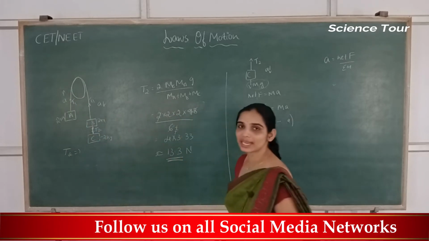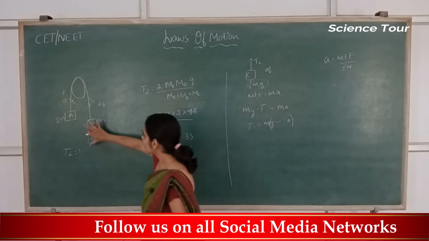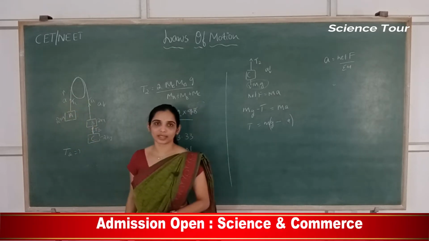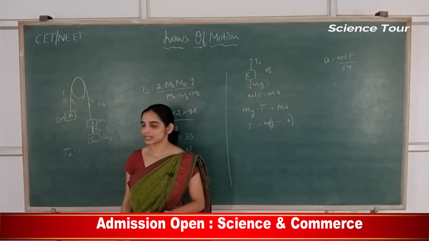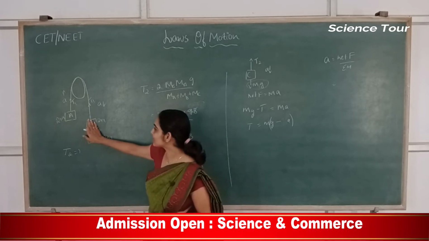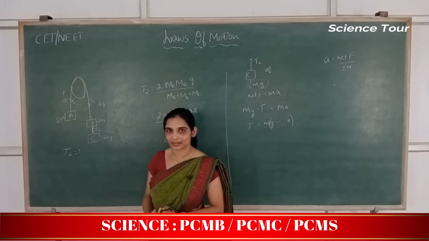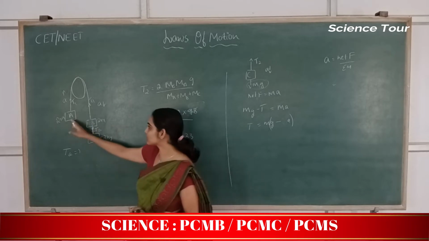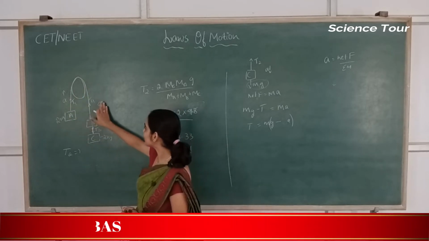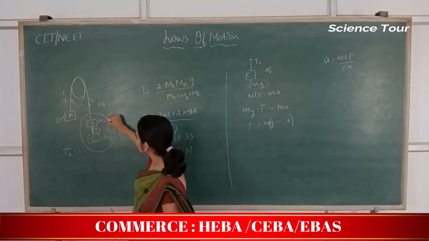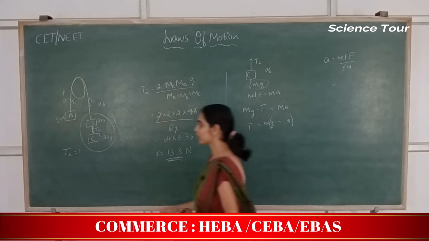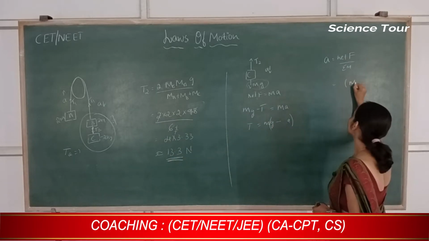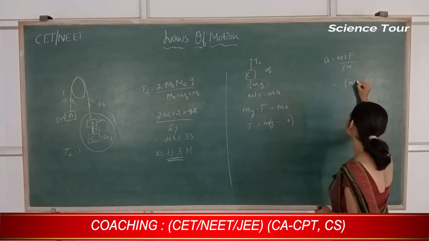So now what is the formula for acceleration? Acceleration is net force divided by total mass. Acceleration is same for all the masses. What is the net force acting here? One is the total weight of B and C. Another one is the weight of A. Correct? So which is greater here? Obviously these two weights together are greater. These two are acting towards the right side. This is going upward, right? The acceleration here is downward. So obviously this weight is greater than this weight. So the net force is nothing but weight of B and C.